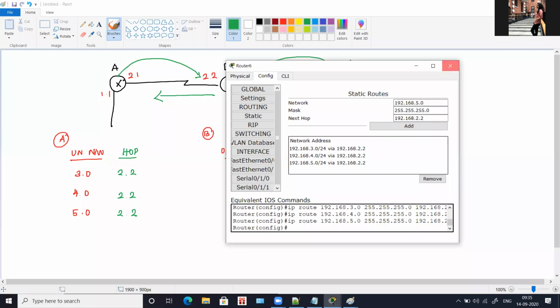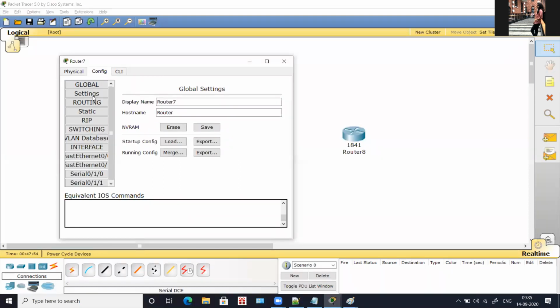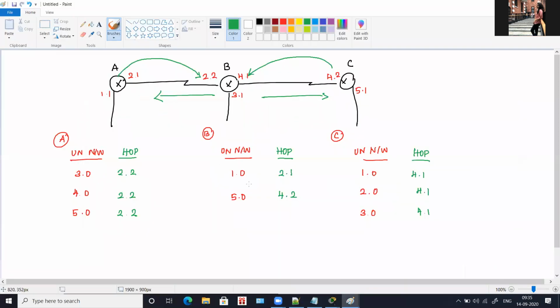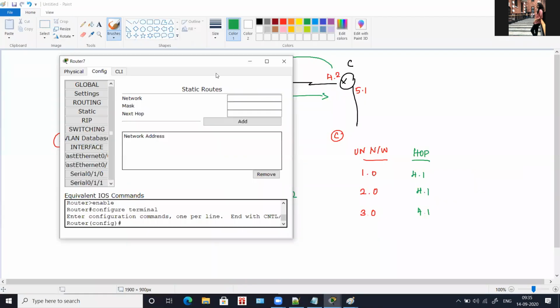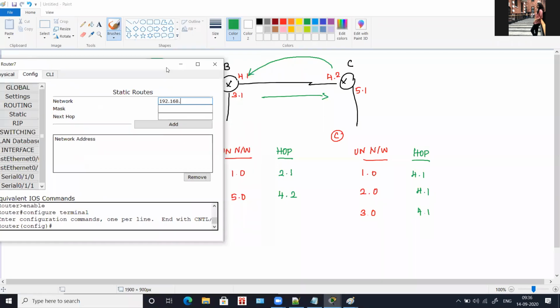Yes, close it. Now come back to your packet tracer, go open router B. For router B, again go to config and go to static. So in static, for router B, you have two unknown networks. One is 192.168, what are the unknown networks? 1.0, and you have